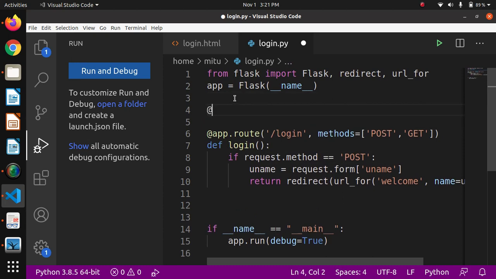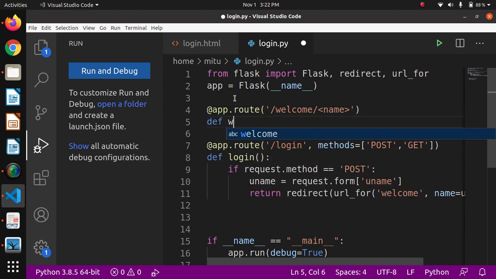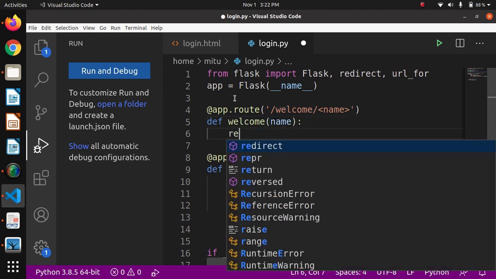So let's write that function, app.route. Okay, welcome name is welcome. So let's write that welcome here, and let's have a name. So that name I will extract and pass there. Define welcome, use that name here, and return